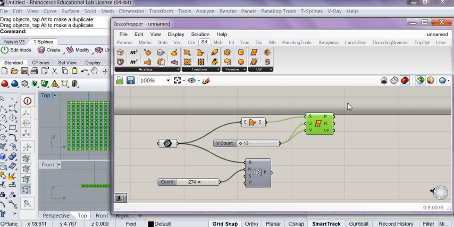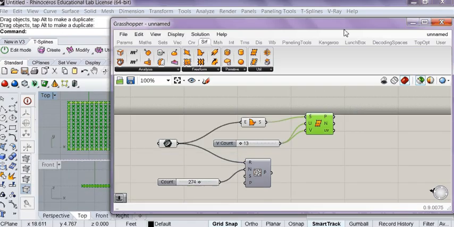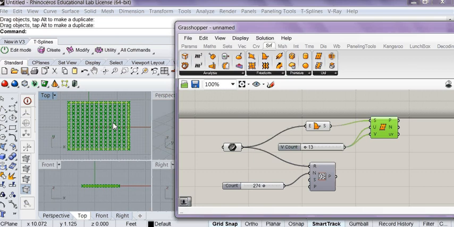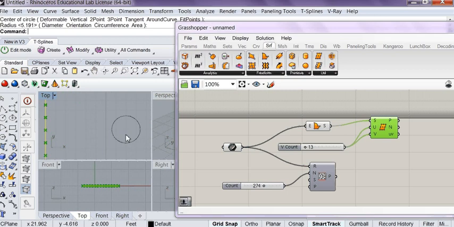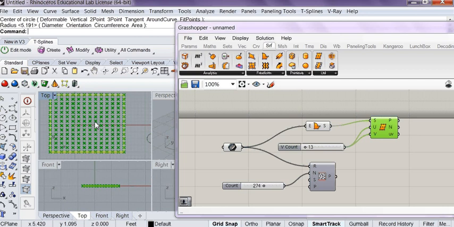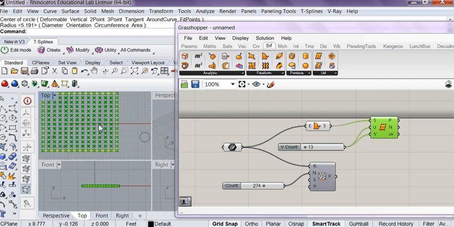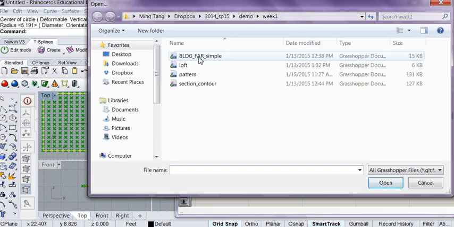First, I'm going to show you. For instance, I'm really interested in using one geometry. Let's see, I'm going to create maybe a circle. I want to use this circle to populate every single point, so there will be a duplication at every single point. If I want to do that, then if you open my example files in the Dropbox, the name is a pattern,